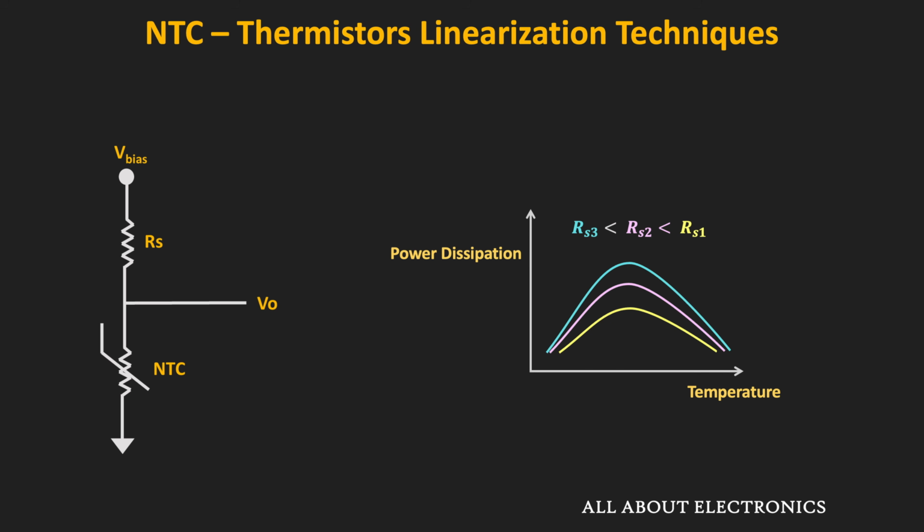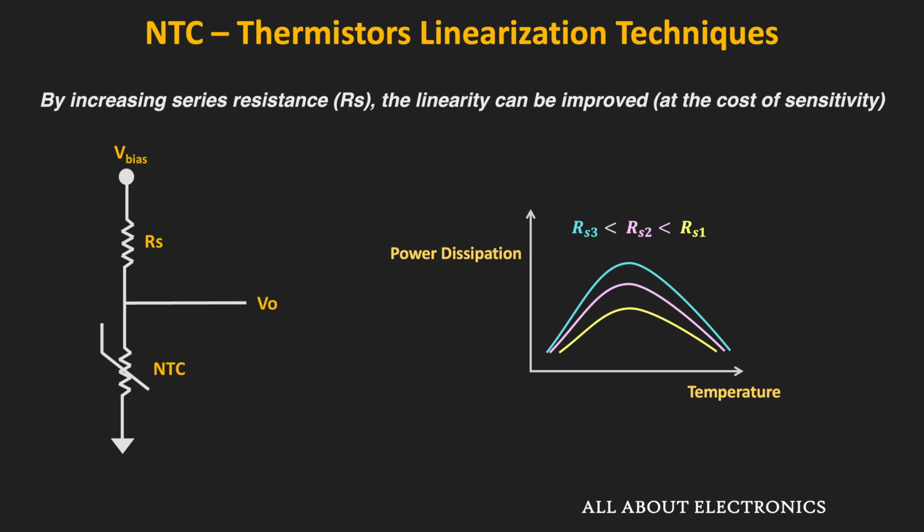Moreover, by changing the series resistance value, the power dissipation across the thermistor will also change. As you can see, as the series resistor value increases, the current flowing through the thermistor will reduce, and hence the power dissipation will also reduce. Moreover, as we increase the value of the series resistor, the output voltage versus temperature curve will also get